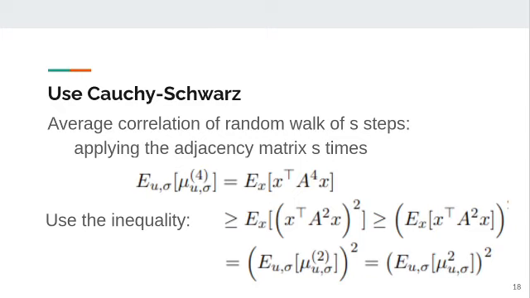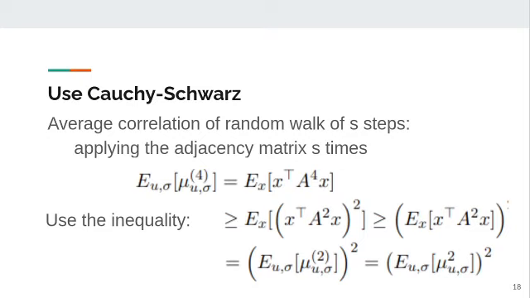So from here we use Cauchy-Schwarz, and we can say that when you random walk, let's say 4 times, it's as if you apply the adjacency matrix 4 times, because you're randomly going to a neighbor, which does involve backtracking. Because in this form you can use Cauchy-Schwarz to say the correlation at 4 steps is going to be at least as big as walking 2 steps squared, or walking 1 step to the 4th. And you can use this inequality to relate 2-step and 4-step random walks to 1-step random walks.